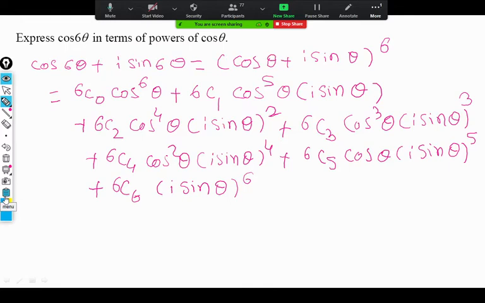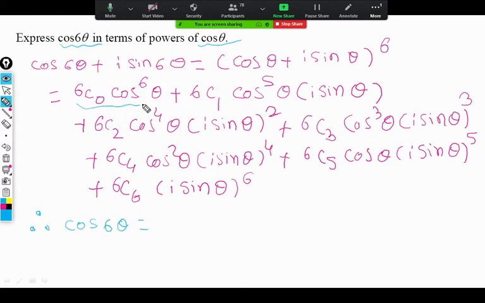What should be the real part? Yes, the real part. Therefore, comparing with the real part, equating only the real part. We are not interested at all in the imaginary part here because we want only the value of cos 6 theta. So equating the real part, cos of 6 theta is equal to...